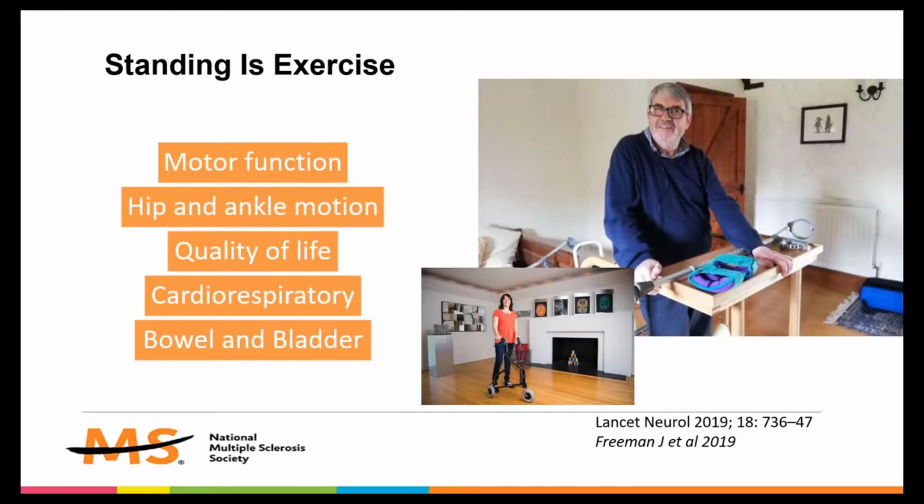In addition to the equipment previously mentioned, standing frames are a great piece of equipment for those who are unable to stand independently. Just like this slide says, standing is an exercise too, and having access to a standing frame during a workout session or at home, if that's possible, can provide a lot of benefits as seen in this